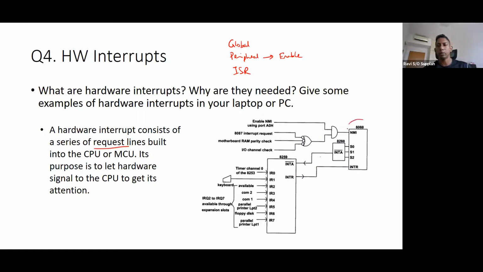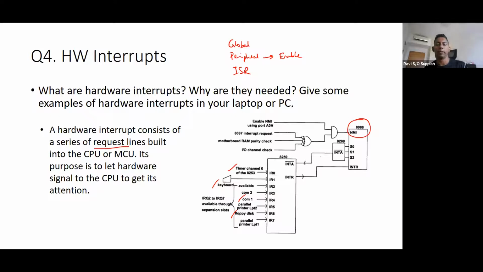This is the main microcontroller, the 8088, and what we are seeing here is that many of these interrupt requests, for example the timer, the keyboard, the COM port, and the disk, all go through another interrupt controller, which will then send the signal to the main microcontroller. This is one way in which many controllers manage interrupts.